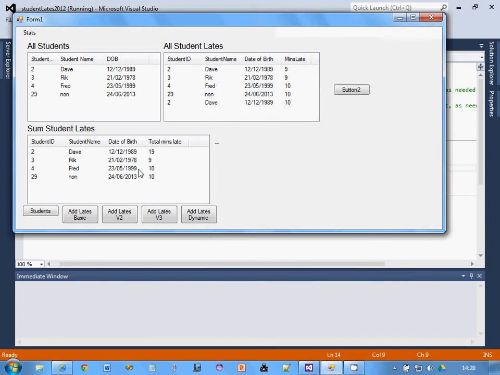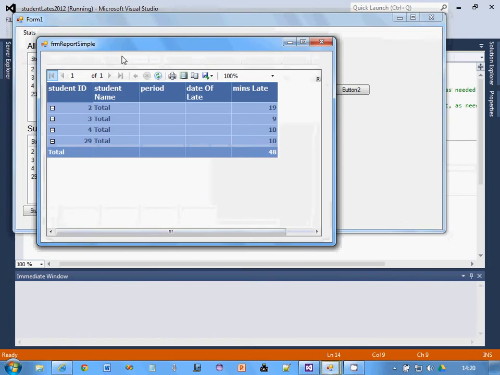Now, this one's about parameters in reports, so I'll show you what it should look like after we've done it. So we've got the two reports that we were messing around with before. If you remember, this one here shows you every student. Now what we'd like it to do